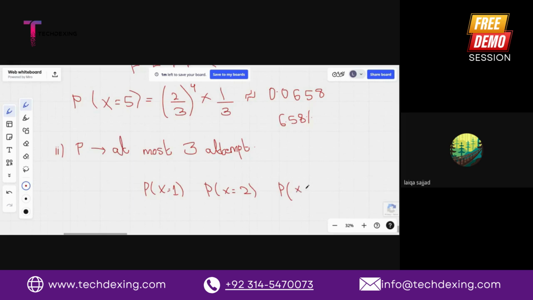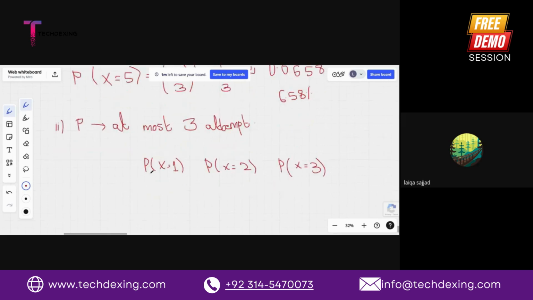which is P(X = 3), and you add all the probabilities because all of them will be considered correct. If she gets successful on her first attempt, that event has some probability, this has some other probability, and this has some other probability, but all of them will be considered correct according to the situation, at most 3 attempts. So the total probability will be the sum of all these probabilities, which will be allowed in this given scenario. So you can find the individual probabilities for all these 3 events and you can add them, but